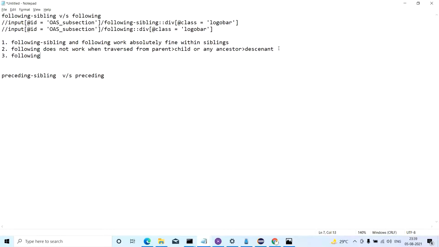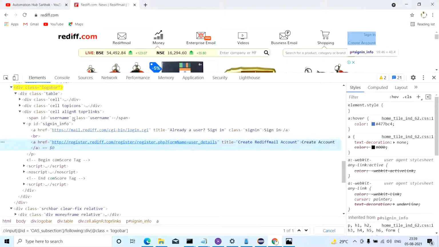following can traverse wonderfully well between children and descendant of siblings. Now, what is the meaning of this statement? So let's say you are here, you are not interested in this create account HTML tag anymore.